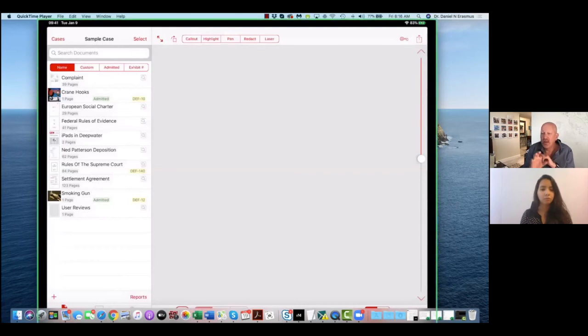And when you're ready to show whatever you're showing, so whilst you're looking for stuff, it's not showing on the screen. You can blank the screen out. You've got complete control over what's being displayed on the screen in the courtroom. And then when you get to where you want to be, that's when you push the present button, and it will put it up for you.